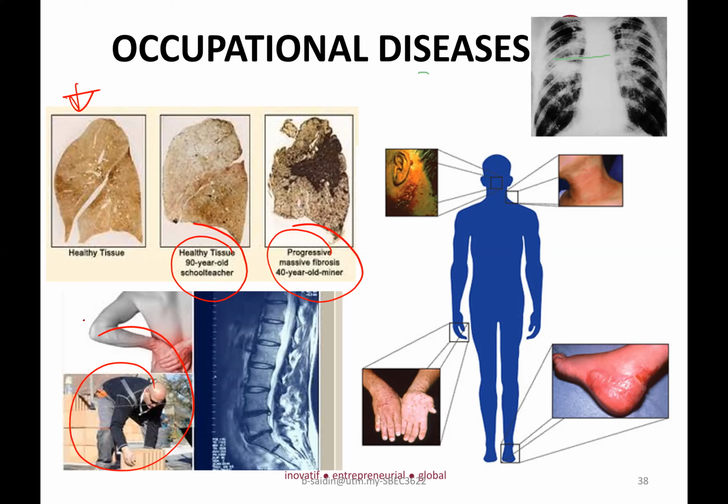In the US, for instance, 30% of the compensation being claimed by workers is for back pain, when this back pain has something to do with the issue of ergonomics. When you want to lift something, you must maintain the S curve in your body. So you must know your position in order to lift a heavy load. Otherwise, you will get back pain. And once you get back pain, at the end of the day, you could be paralyzed.